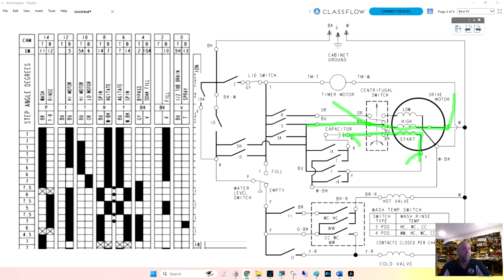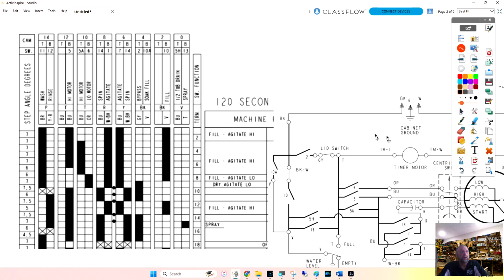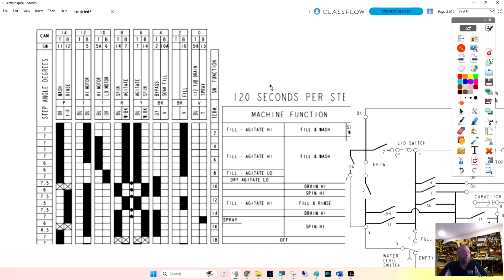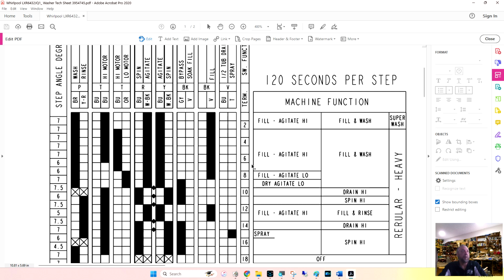So Ali asked a question about 10A and 13, those switches. Let's take a look at those switches for a second here. Let me clear this. So if we go here, let's look at 10A, and that's right here, soak fill. Let's go to my screen here, we can see a lot better.